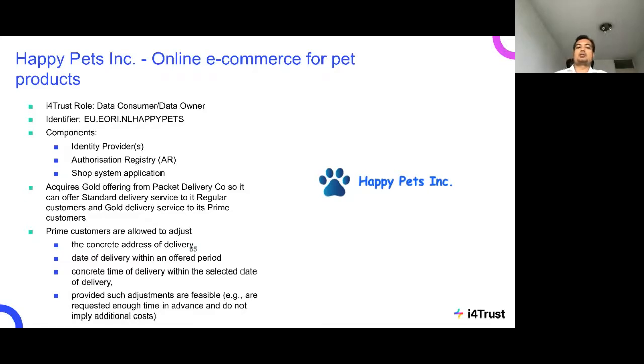So regular customers get the standard delivery by default, and they cannot really manage or update their preference on delivery date and time. Whereas they also have a concept called prime customers, where they can extend the offer of flexible delivery of products that their customers buy. So they can allow them to update the date and time of the